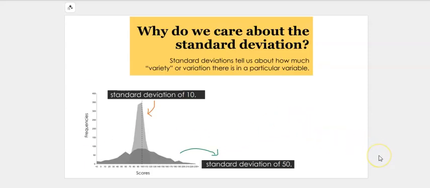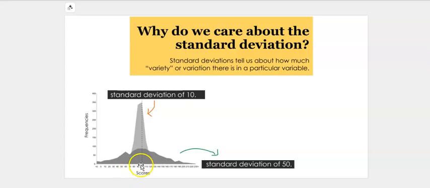So, why do we care about the standard deviation? Maybe you heard about this concept. You can see in this graph, when the standard deviation is large, the graph looks more like that. The mean is the middle value, and the variability shows how diverse the scores in that data are. So the variability is very great. And then when you see a peak, like a mountain,